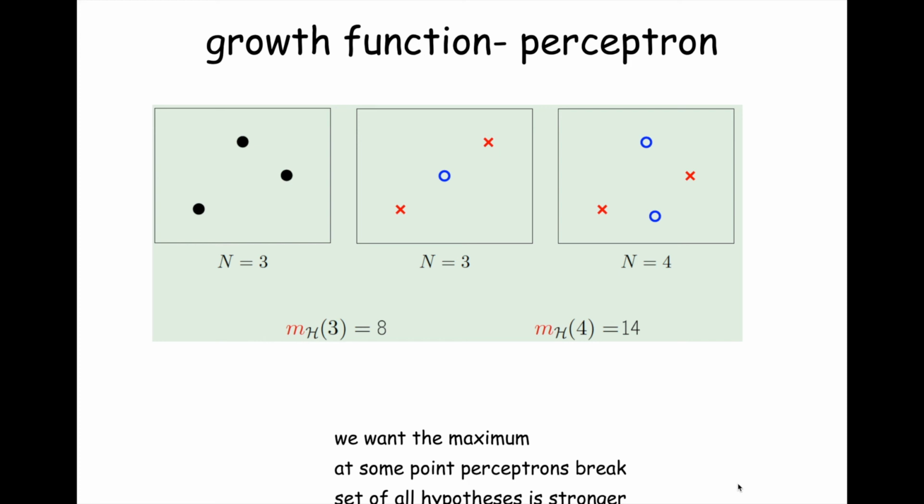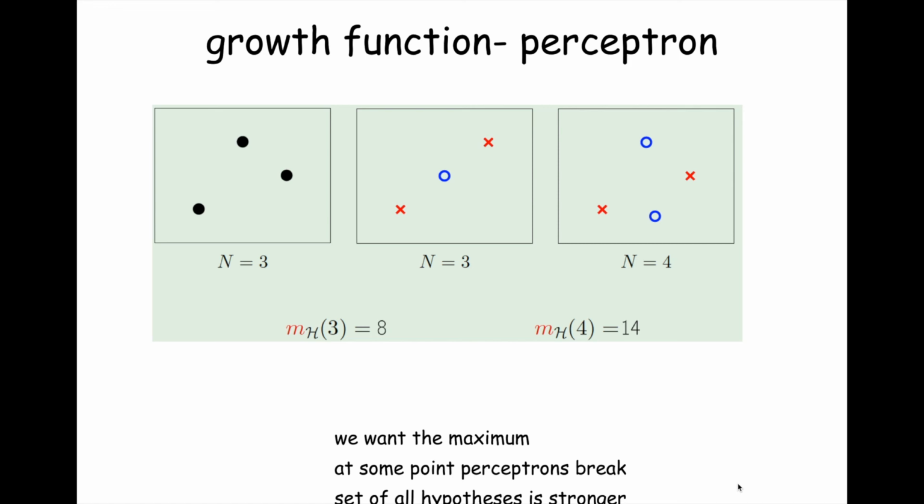But remember, when we talk about growth function, we don't talk about a particular arrangement. We say, what is the arrangement such that you have a maximal number of dichotomies, right? So you can always rearrange the geometry in an advantageous fashion to try to maximize the number of dichotomies that your hypothesis set can generate. Does that make sense? Okay, so if we go from a data set of size 3 now to a data